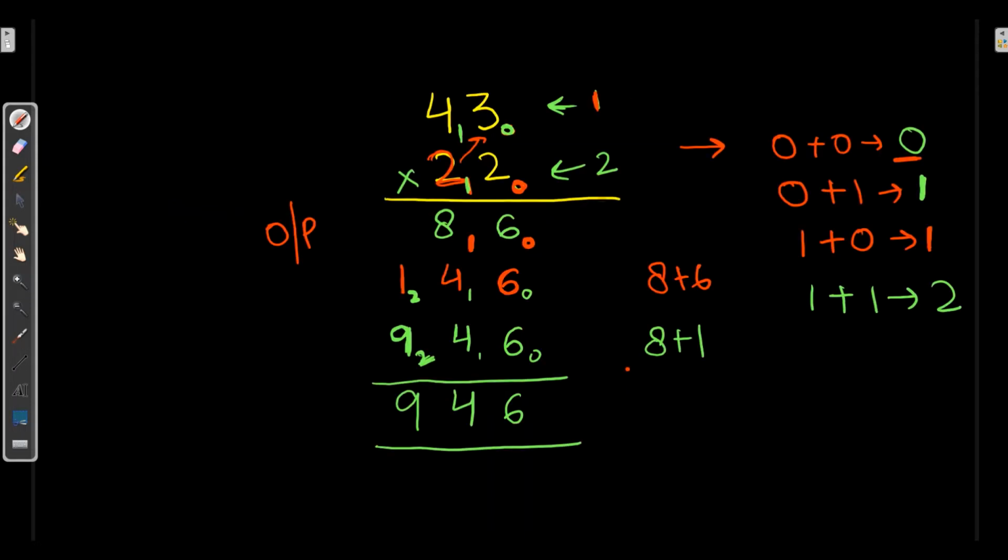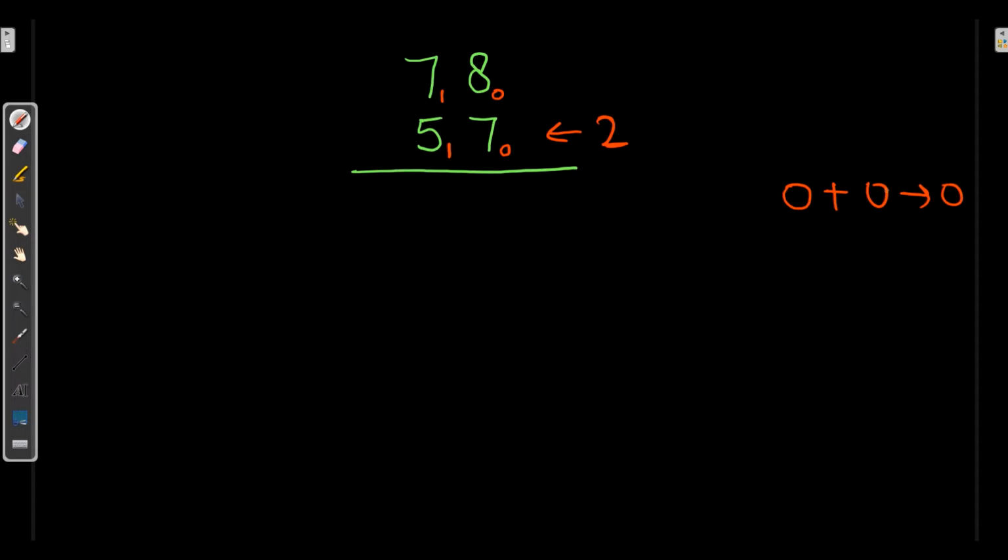Now let's see with one more example so that you can understand very easily. Let's take first integer as 78 and the second integer as 57. Here we have 0 on both and this is 1. We will start multiplying with second integer, right? So I will write over here 0 plus 0, which is our 0th index. So I'll write 0. 7 8s are 56. So I can write 6 and 5 is in carry.